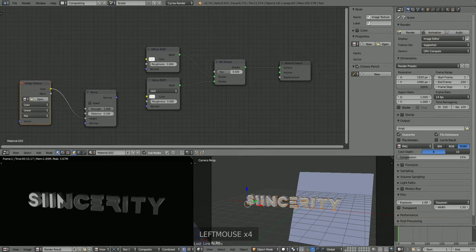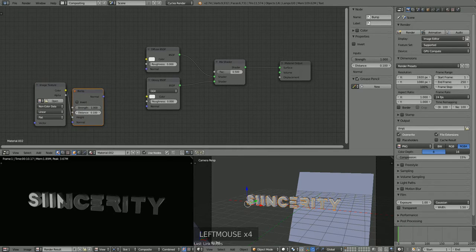If you put it on normal, it will make everything go crazy in different colors, and it's like you're tripping balls. Instead of color, we're going to set that to non-color data, because we're going to desaturate all our photos. If you're not a photographer, desaturate means basically make everything black and white. And then with this bump node, because these are called nodes, put